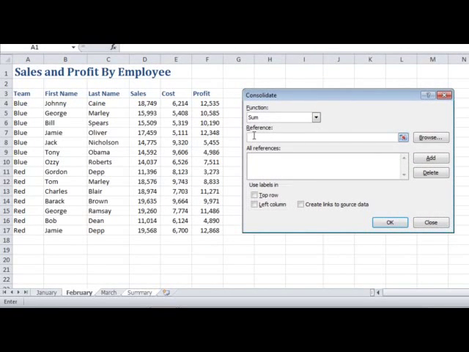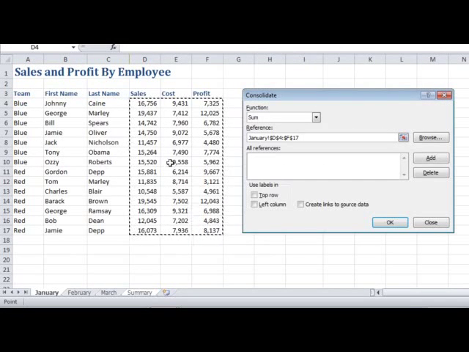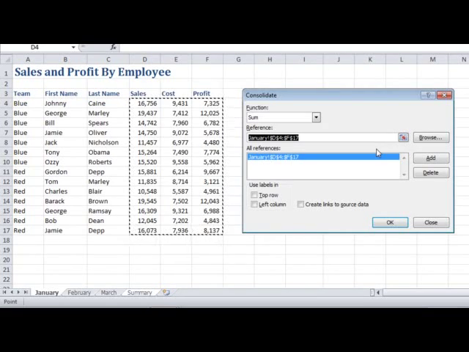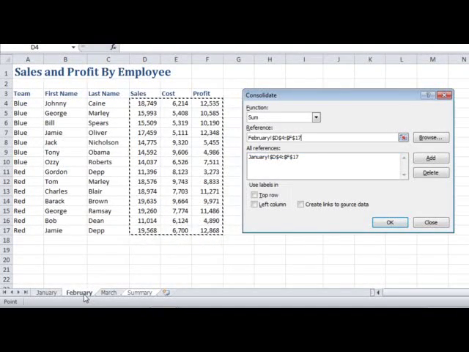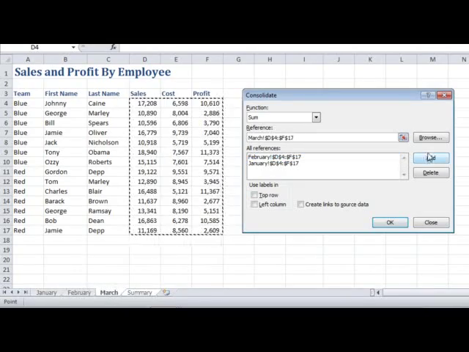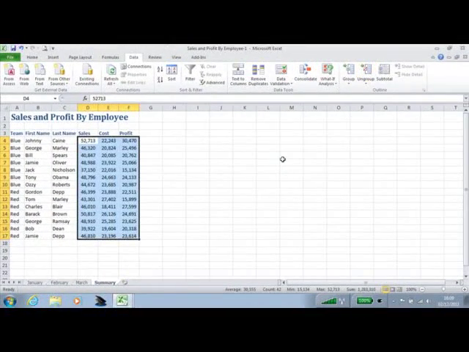So I'll click in the reference box and I'll begin with the January worksheet. The cells to consolidate are D4 to F17. And now I'll click the Add button to add the reference. That's my first data block. Now I'll click on the February worksheet, and all I need to do is click the Add button because the range is still selected. Then the March worksheet, Add once again, and I'll click OK to view the summarized data